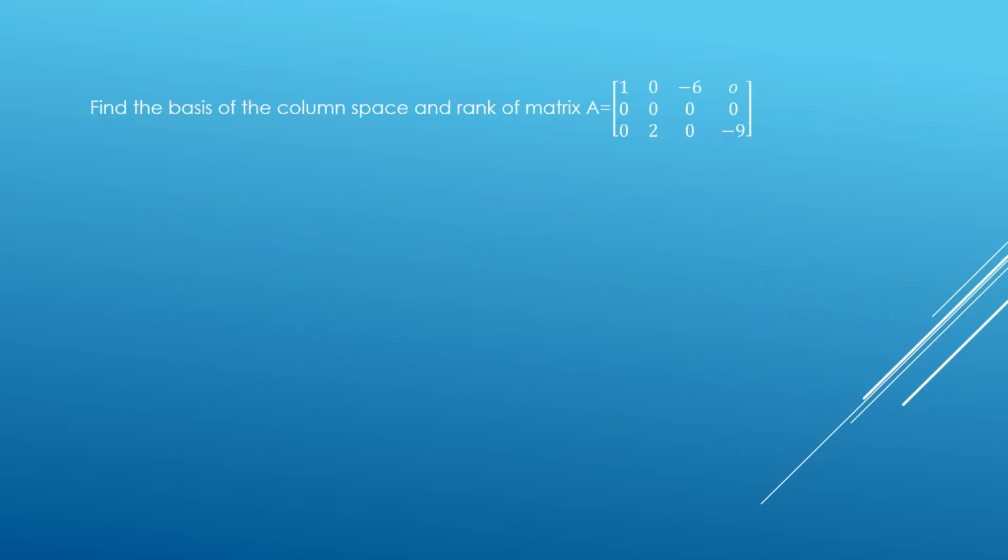Here it is given to us to find the basis of the column space and the rank of a matrix, and the matrix is of order 3 rows, 4 columns, 3 by 4, right? So again you have to do the same procedure, convert or dissolve it into as many column vectors as you can. So we can see there are 4 columns. So we will write 4 columns here. Let's say C1, then C2.